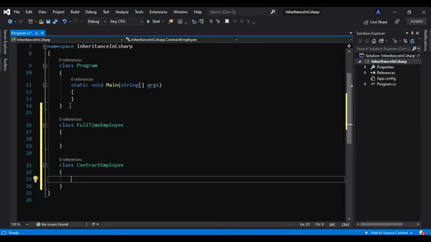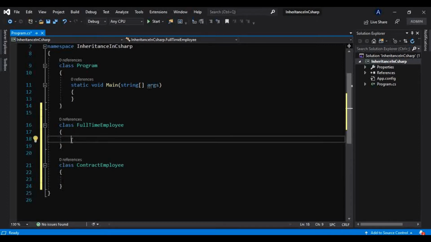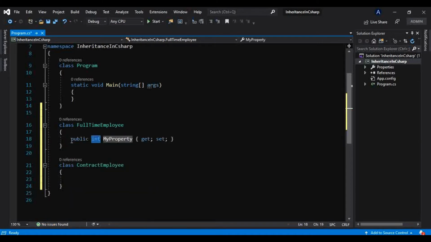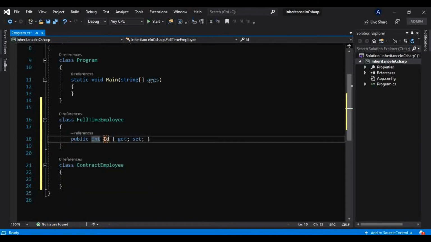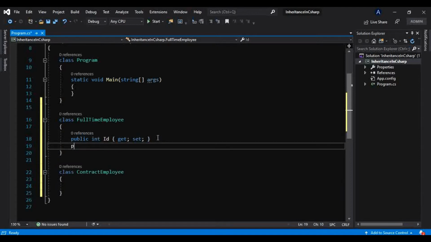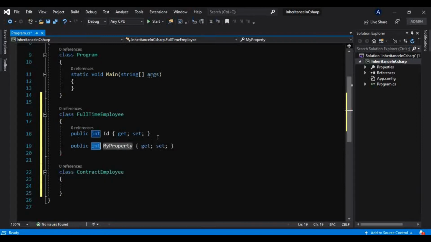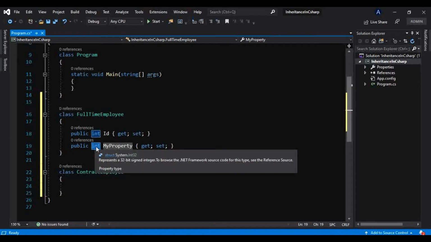For the full-time employee, some of the properties will be the same. An employee can have an ID. This is nothing but an auto implemented property, which we learned in a previous tutorial of this series. If you are not aware of what auto implemented properties or properties are, please check out my previous videos of this series, so you will understand this better.